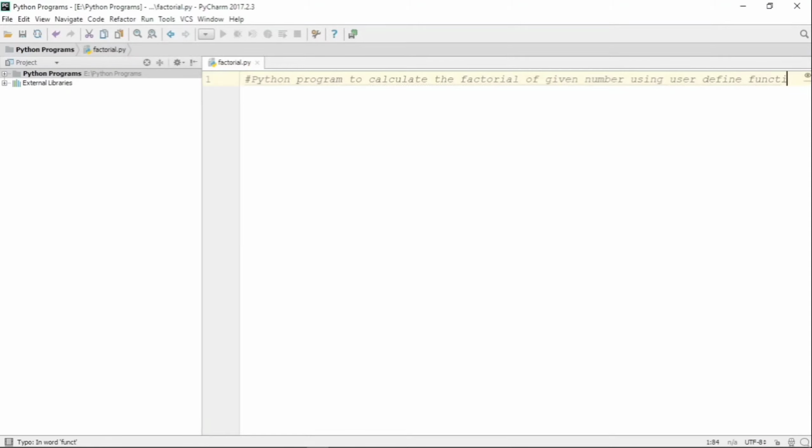So here is the problem statement which says Python program to calculate factorial of a given number using a user defined function. So what we are going to do is we are going to define our own function to calculate the factorial.